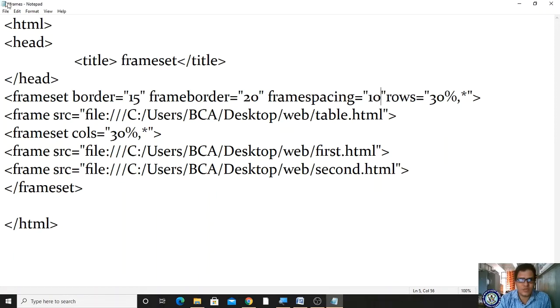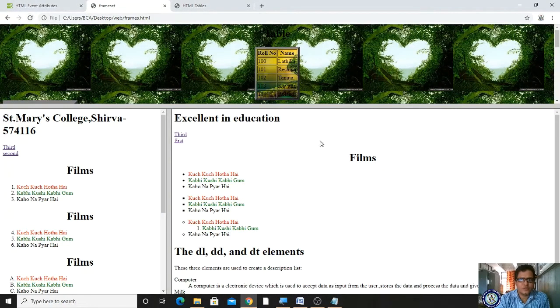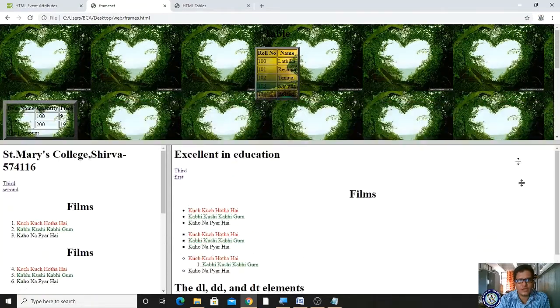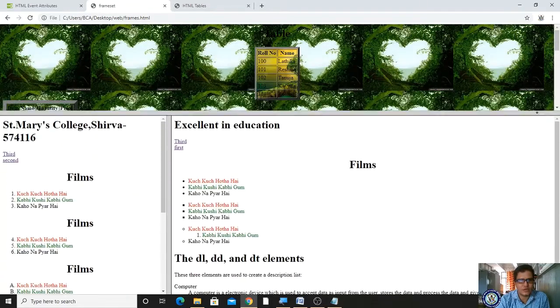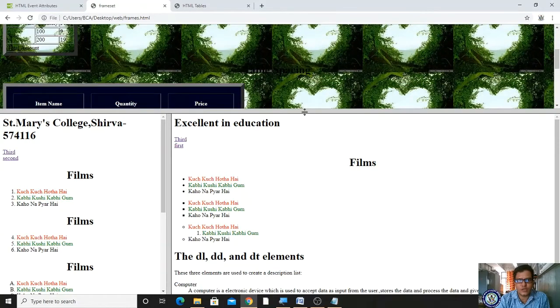Let me see what will happen. I'm saving, coming here, and refreshing. So you are identifying that some distance is there, framespacing is there. You can freely resize. Got it? Understood? If you hold here, the cursor will turn for resizing.